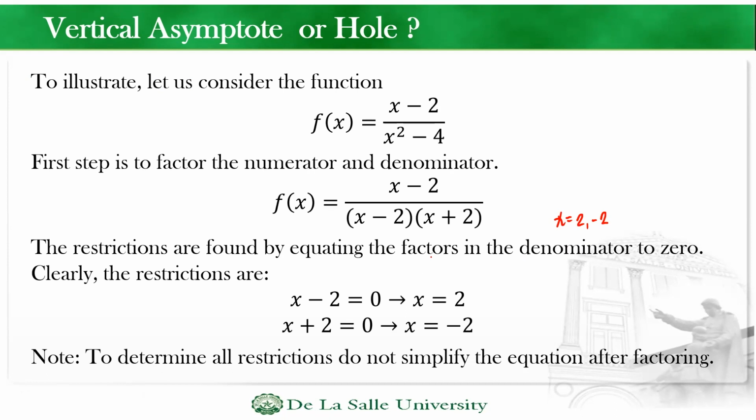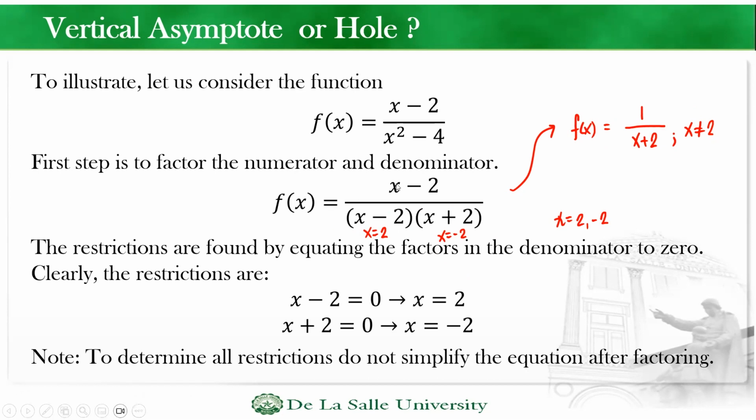But the thing is, isn't it that in factoring, you were taught that if it's all multiplication or division and they're the same, you can cancel? Yes, but what I will do is this. You have to take note that this one will give you -2. This one will give you +2. So I can rewrite that as f of x is equal to 1 over x plus 2. When I cancel out x minus 2, however, I should state that